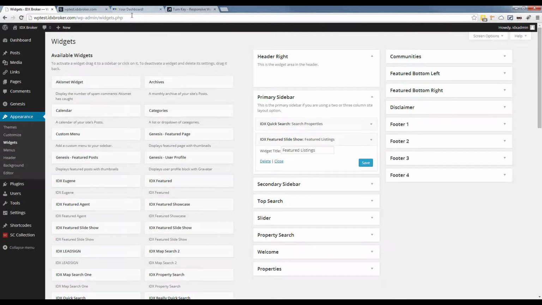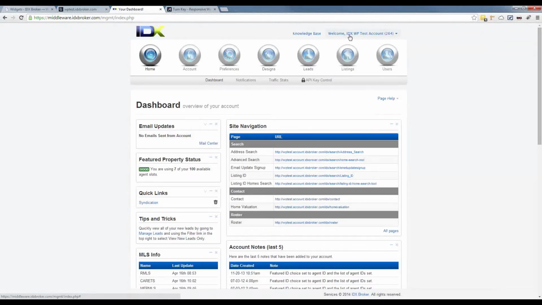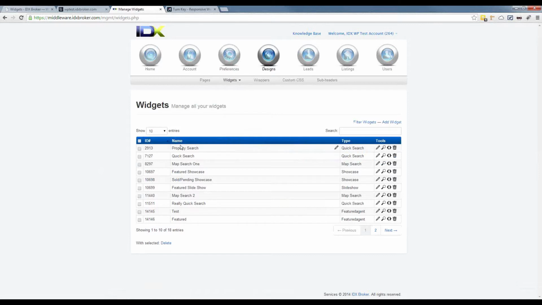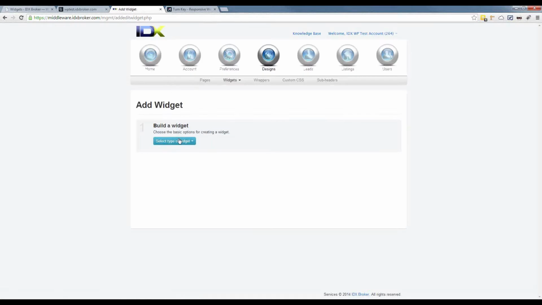If you wanted to modify those widgets, you would log into your IDX Broker Platinum control panel, go to Designs and Widgets, and from there you can manage your widgets or create new widgets. We have a lot of different widgets available to you. You may not want to put this one in the sidebar, but we've got a map widget that you could put into a page. There are a tremendous amount of widgets here, and you would just create these and go through this process. Let's say you want a